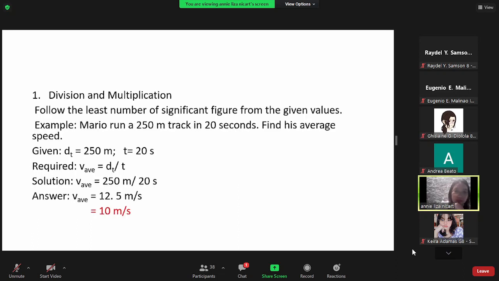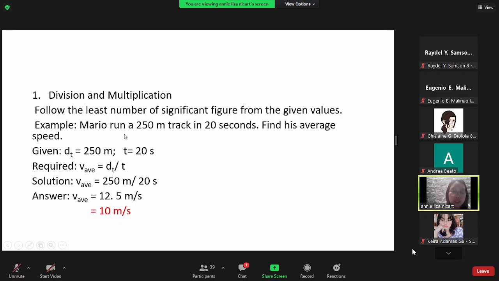Okay. So in division and multiplication, your final answer should have the least number of significant figures from the given values. So your final answer should have the same number of significant figures as the given value with the least number of significant figures. For example,